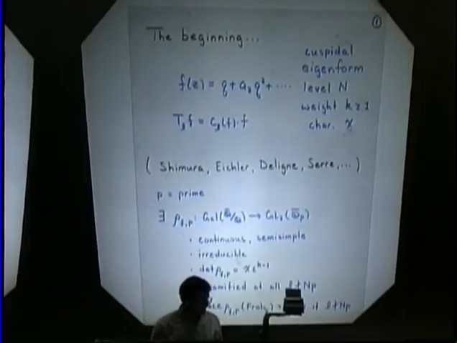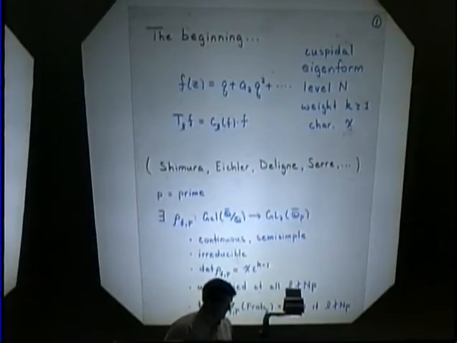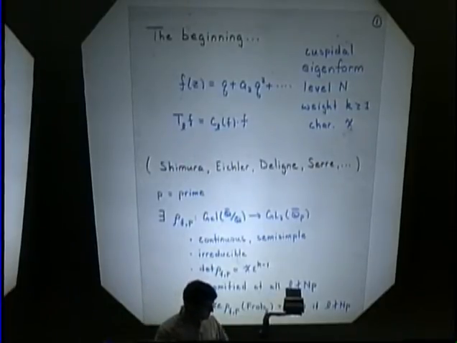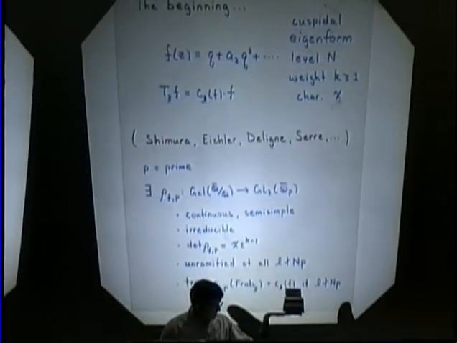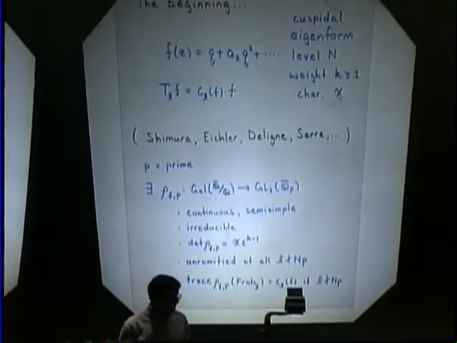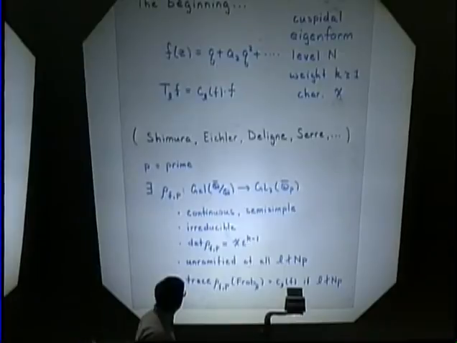To assume it's an eigenform means that the action of the Hecke operator T_l for a prime l on F is just some scalar, which here is denoted by c_l(F), times F. And then the connection between such objects and Galois representations came out of the work of Shimura, Eichler, Deligne, Serre,